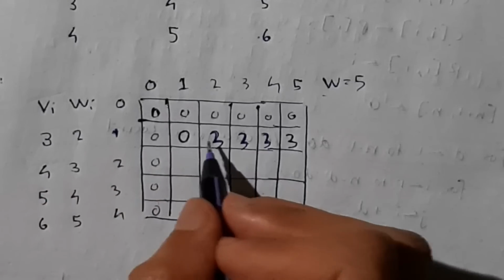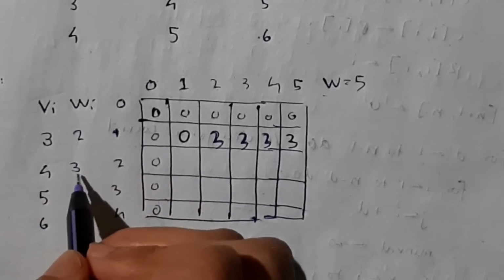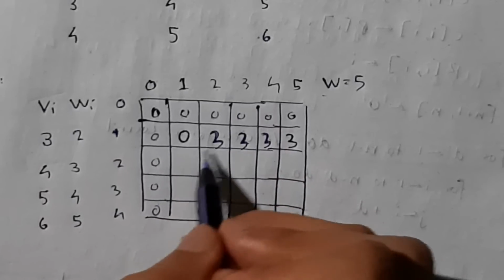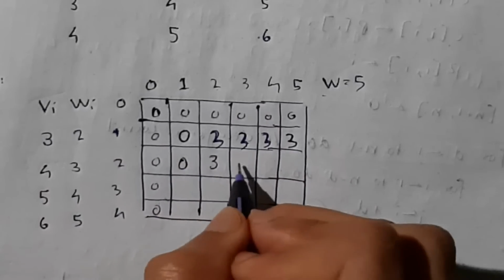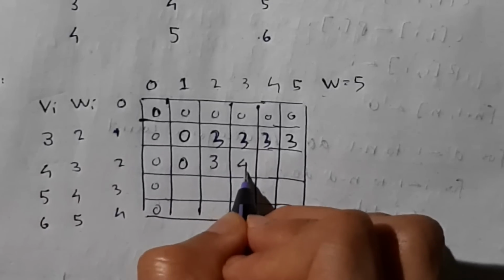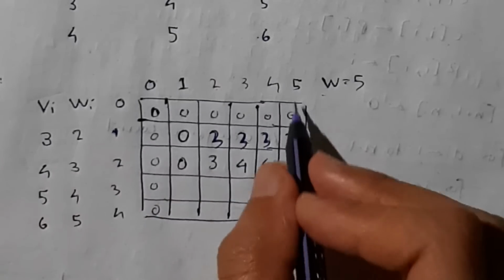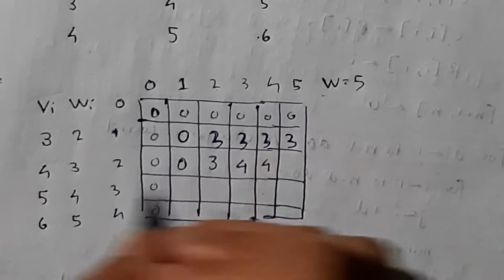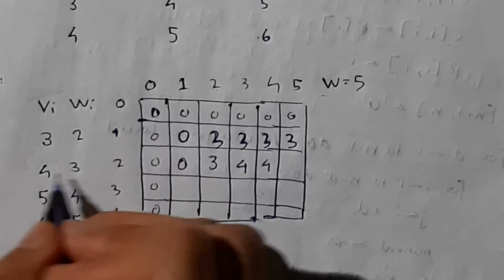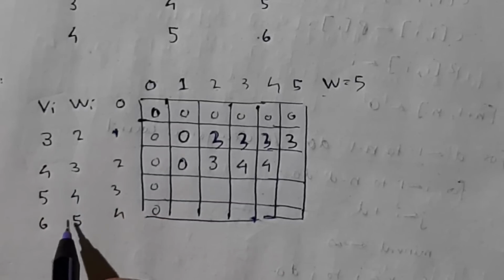Okay, so and after that, coming to the next one, in next row it should be at least 3 kilogram, right? So 3 kilogram container can only fill this, so it will start from here, and before that the previous value will be copied. Okay, and when it is 3 kilogram, at that time I will get the profit as 4, so I'll be writing here 4, and after that 4, and after that, see, after that I can fill 5 kilograms, right? So if I consider the previous object also, you have to consider the previous object also when we consider this row. Okay, so if I consider this row, I'll be considering these two also, and if I consider this one, I'll be considering all three.